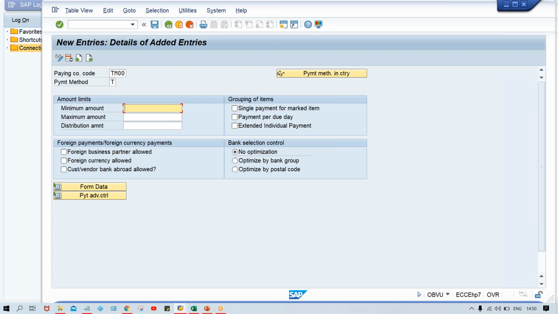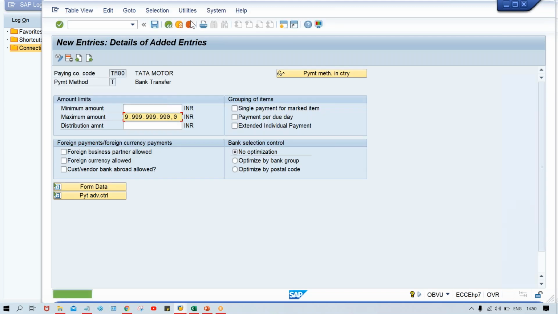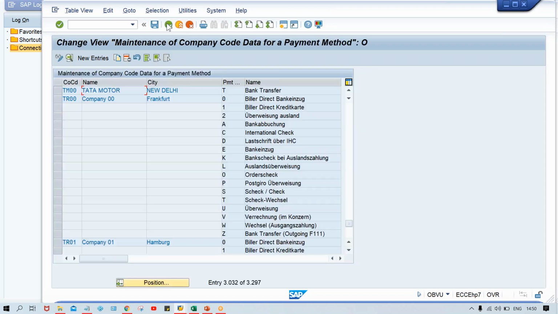And here minimum and maximum amount can be specified. With this payment method, what is the minimum amount that can be posted? With the help of this payment method, what is the maximum amount that can be posted? So I'm going to give the maximum. This is the maximum I'm going to give. I just save it, control S. Now, what next? If you click on the back button,